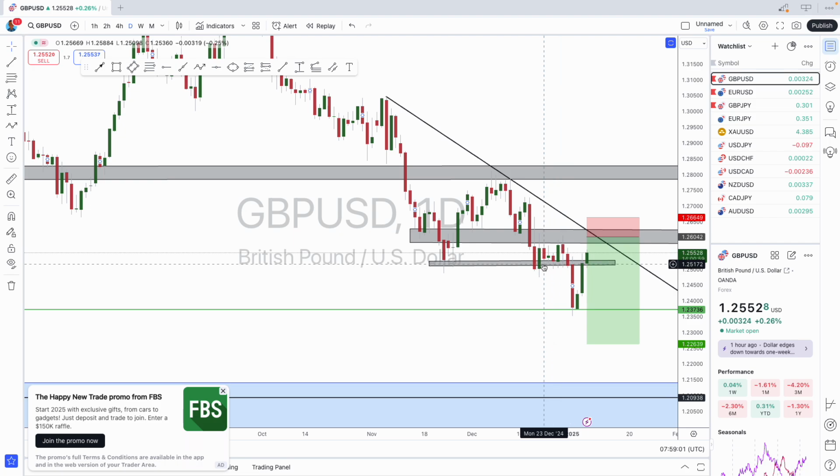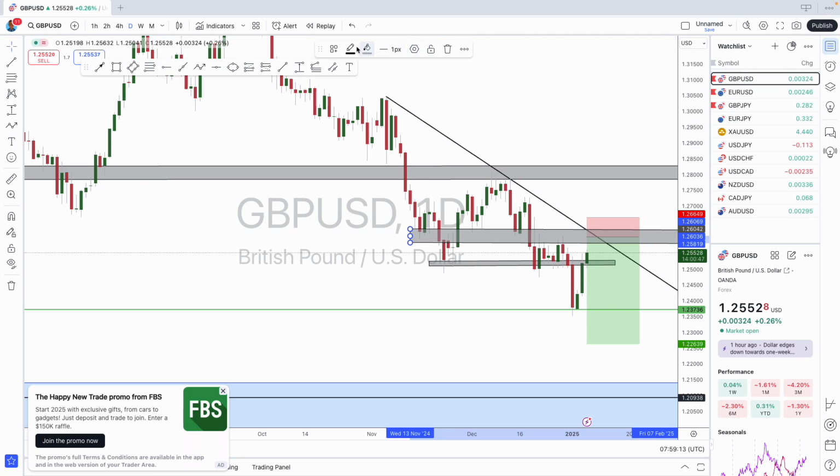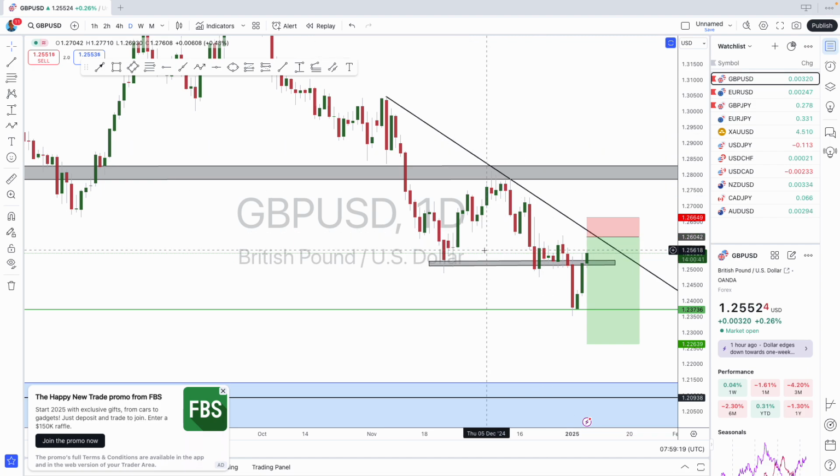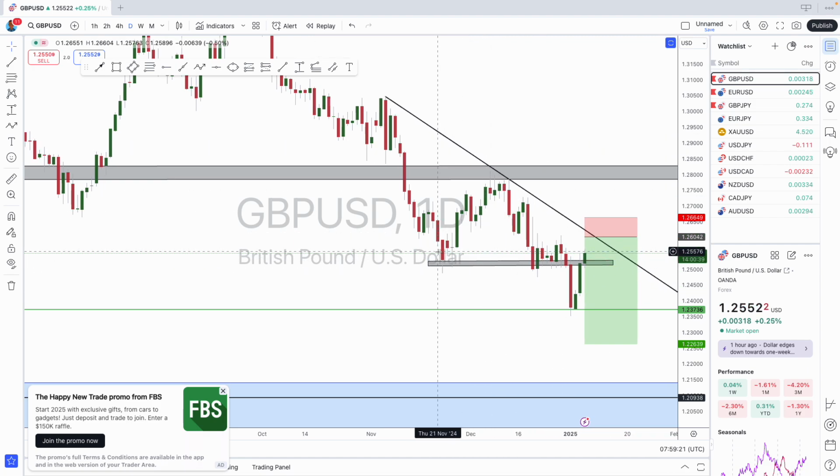We came here, which was the previous 100% retracement point, right? If you took this trade, here would be your 100% retracement point. Let me hide this so it doesn't confuse you. So if you took this trade from here, here would be your 100% retracement point and then your TP, right?